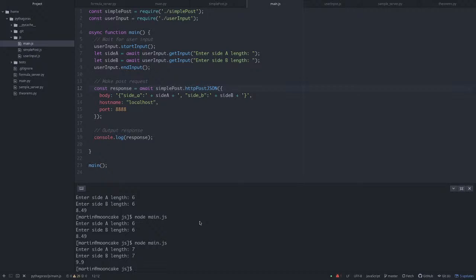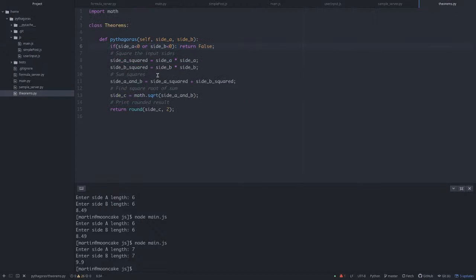We have to start thinking more about an integration testing approach as we start testing kind of across APIs and larger sections of our program working together. So that's something to think about. How would we test things here? Another thing to think about is how would I segment this into multiple services now? Could I have multiple HTTP servers? Maybe there are bits of my theorem functionality that could operate in different methods, each of which is in a different server. And maybe when my JavaScript program makes a request, it could ping that over to one service, which then asks another service and gets an answer back. We start building up this service-based